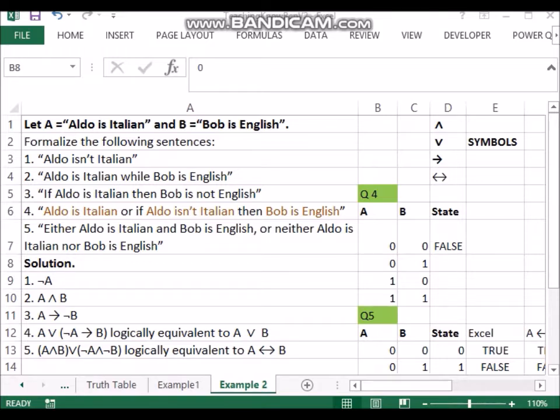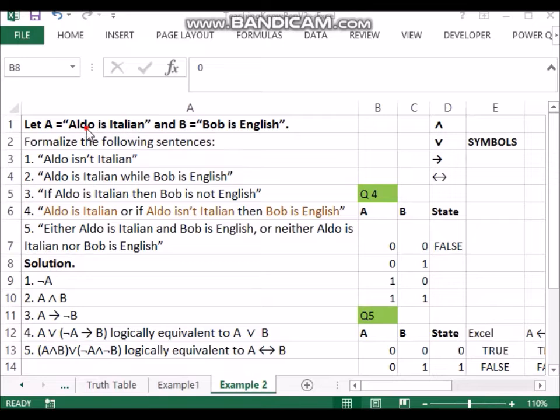Now ideally, if you can solve it yourself, there's no need to watch this video. If you can look at the questions and the solution, see how it happened, and you are yourself able to solve it, then there is no need to watch further. I'm happy if you are able to do it yourself. That's the ideal thing. But suppose you are not, I'm going to walk you through these examples. At least the first 4 questions I will do. The 5th question I'll leave as an exercise for you.